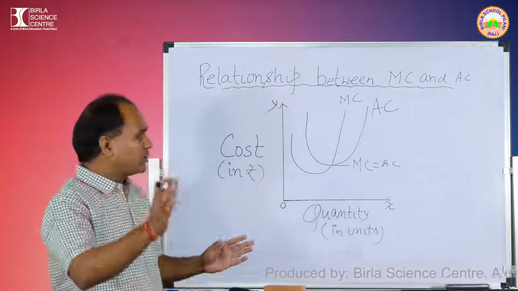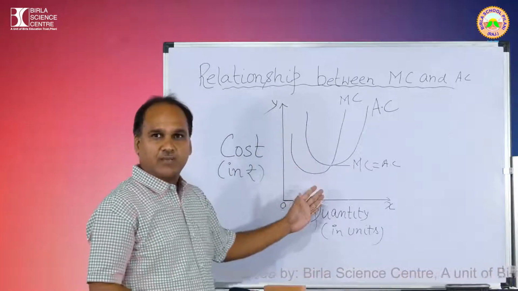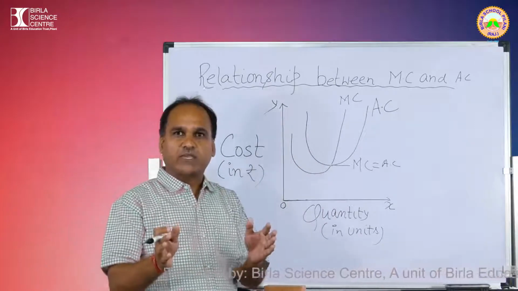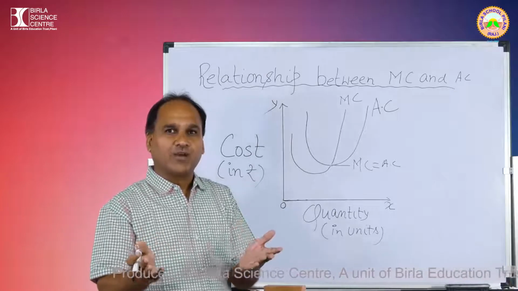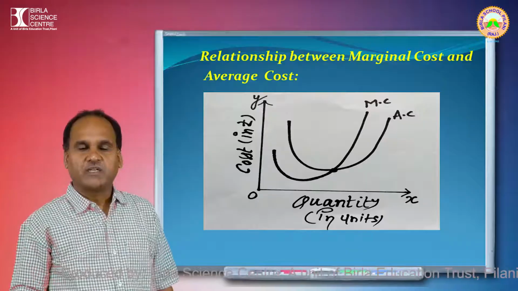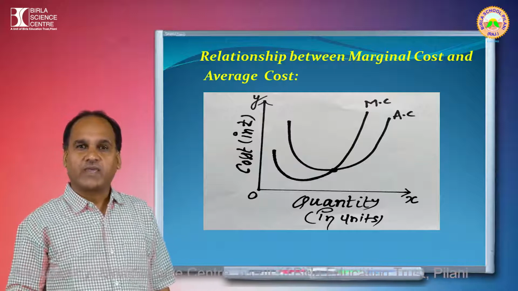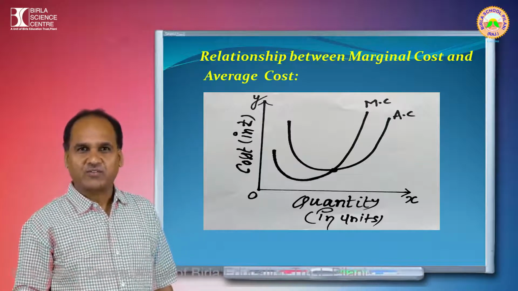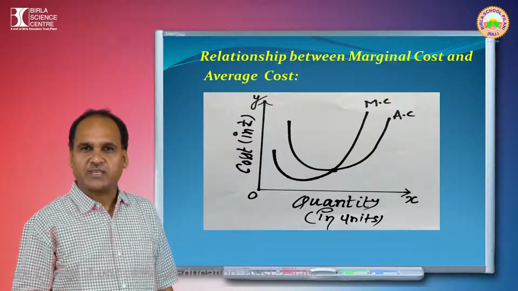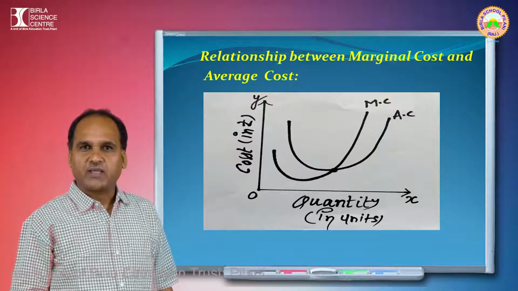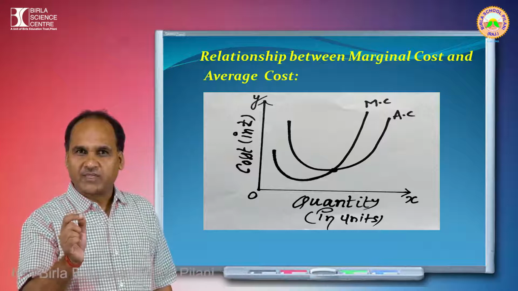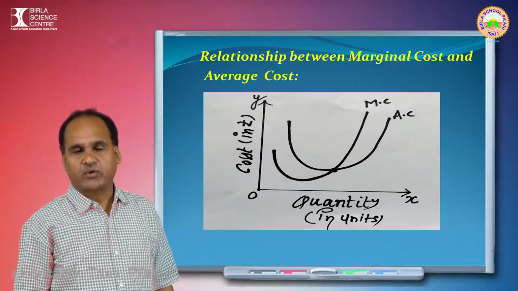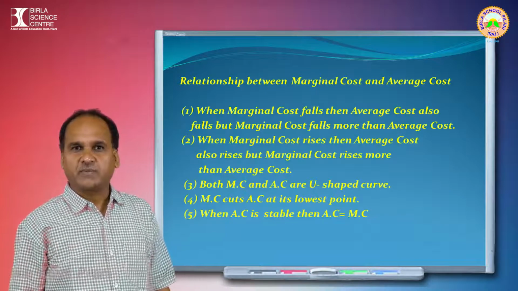Now I am going to show you this entire concept, whatever I taught you, with the help of the digital system. Now you can see the relationship again between the marginal cost and average cost. See, I have drawn the diagram. You can see the same diagram, and you can find in both the diagrams the shape is a U-shaped curve. Now just see the relationship in detail.